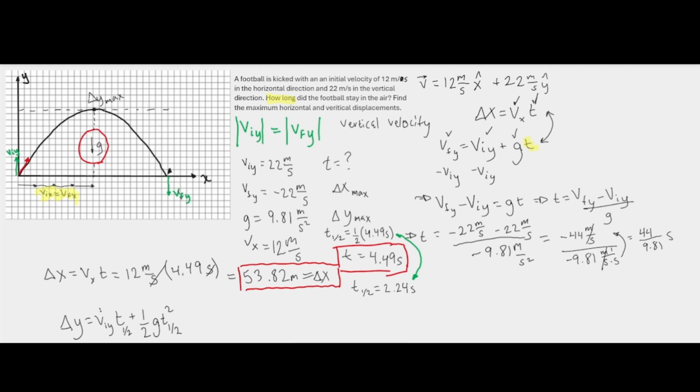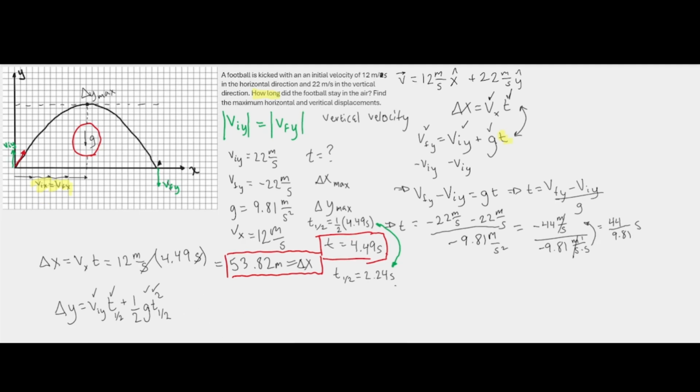I know the initial y velocity. We figured out t of 1/2. We know what g is. This is the same t. So we can go ahead and solve this. So I'm going to go ahead and input my values here. VIY is 22 meters per second. T of 1/2 we've just found is 2.24 seconds